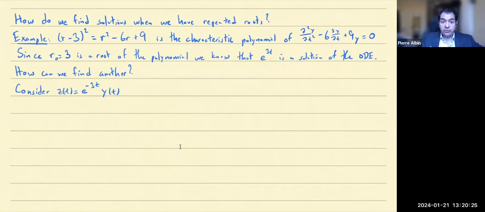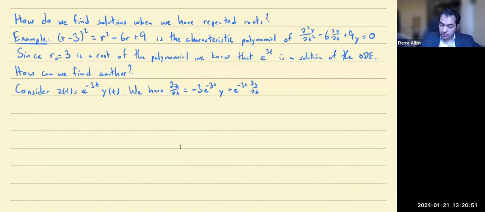Let's see what happens for z. What equation does z satisfy? The first derivative of z with respect to t, by the Leibniz rule, would be minus 3e to the minus 3t times y